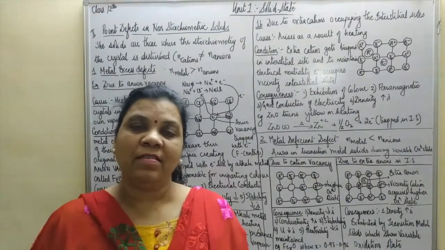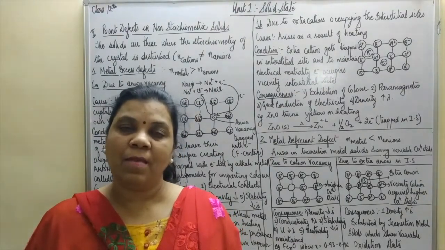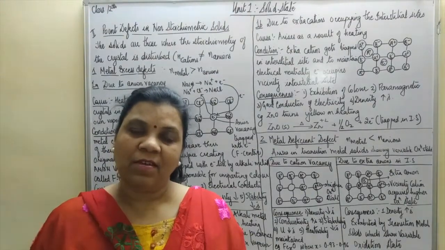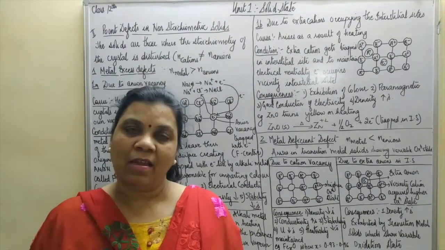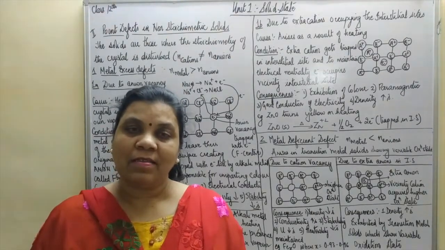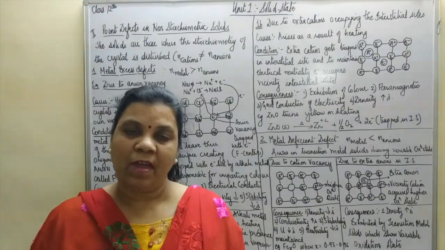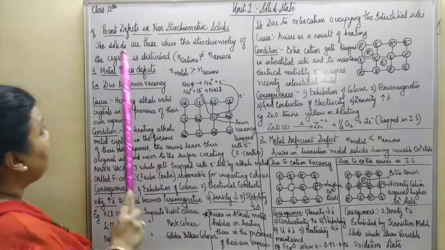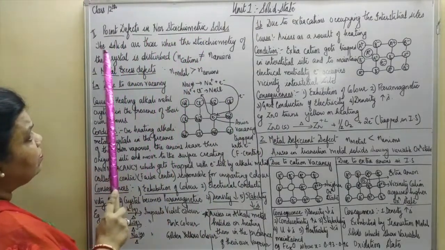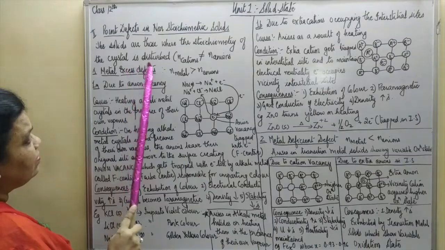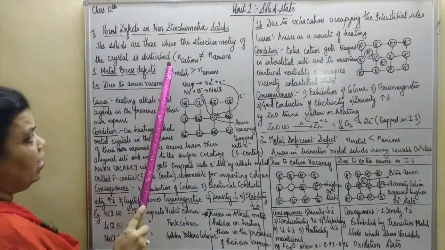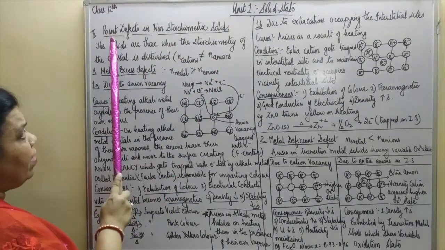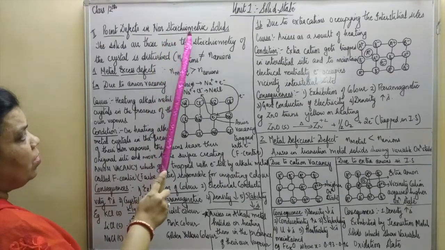Metal excess defect, as the term suggests, means the number of metal atoms would be more than the number of anions, and metal deficient defect is vice versa: the number of anions will be greater than the number of metal atoms. So let us discuss these two types of defects, metal excess and metal deficient defects, in detail. Point defects in non-stoichiometric solids: those solids where the stoichiometry of the crystal is disturbed, that is, not maintained. That means the number of cations is not equal to the number of anions.